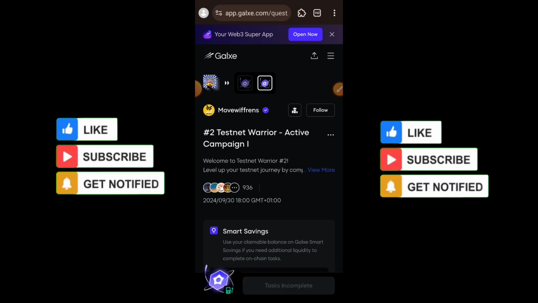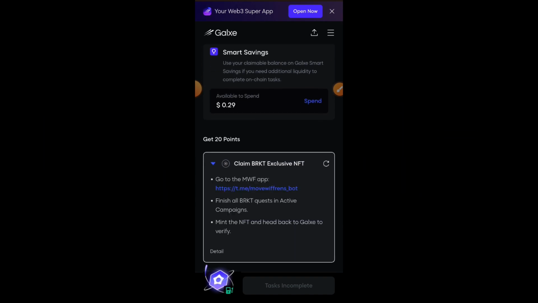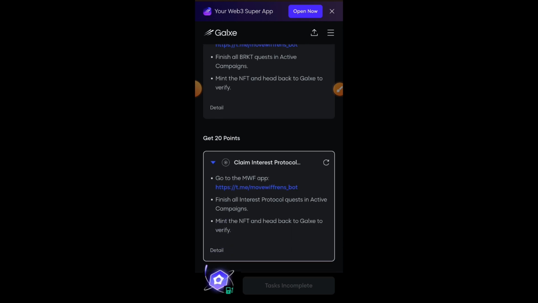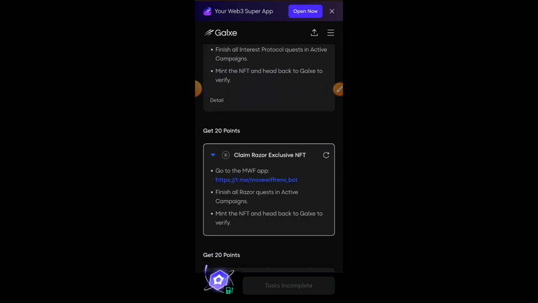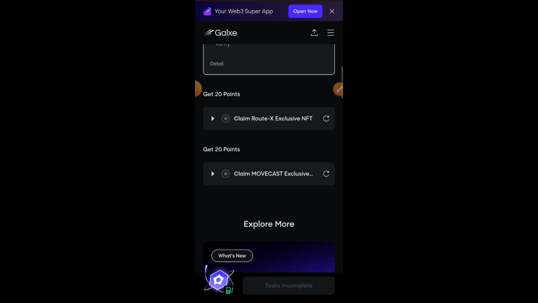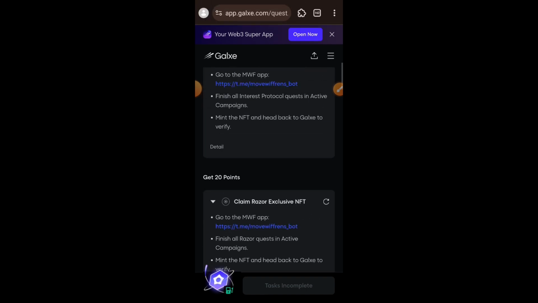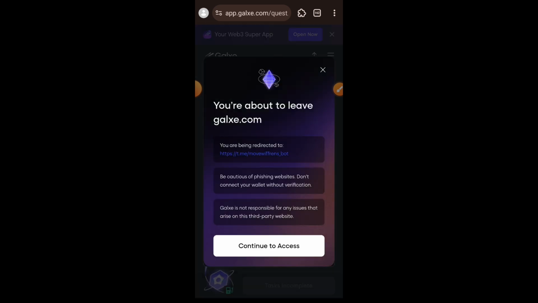For the second quest, we have different projects here. However, the task requirement for each project is literally the same thing. All we have to do is head over to Move with Friends, pick a project that we want, complete the task on Move with Friends, and after completion, mint NFT for that particular project, then come back to Gax and verify the task. So if you want, you can do just one project and then claim your point and move on. And if you want, you can decide to interact with all of the projects that you can see on